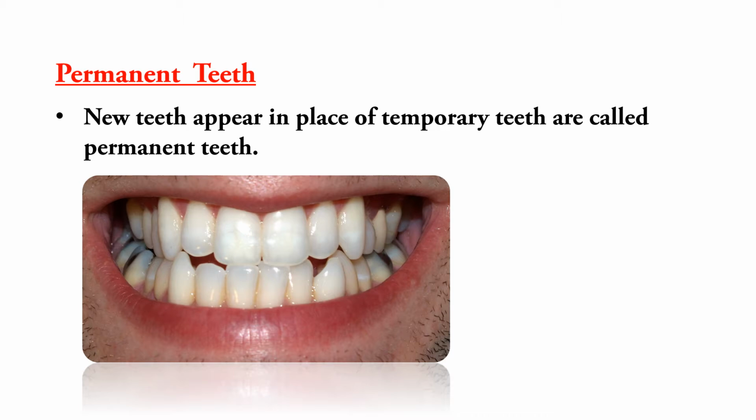People can expect that between the ages of 12 to 14, a child will have lost all of their baby teeth, and these will have been replaced by a full set of adult teeth. A full set of adult teeth amounts to 32 teeth in total.